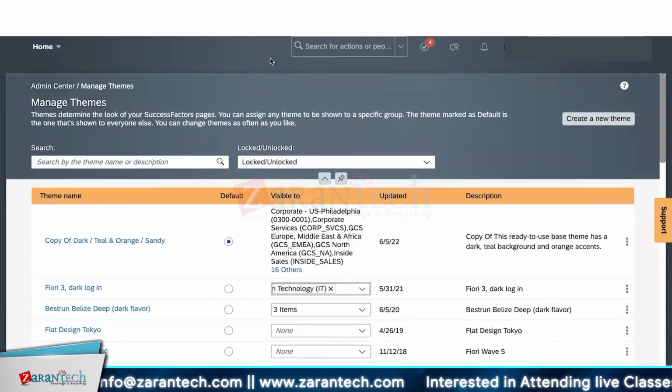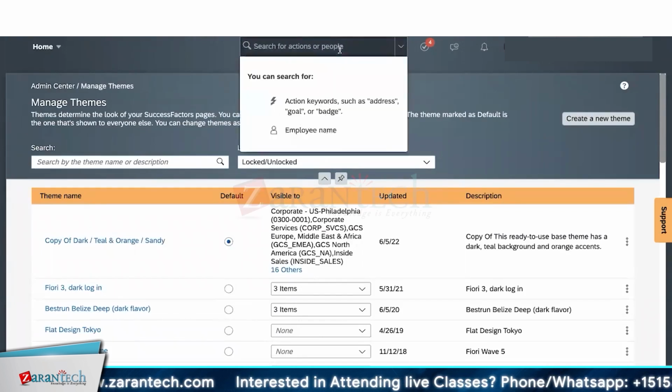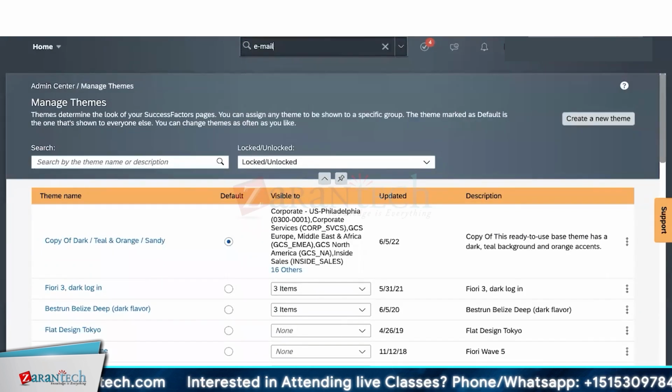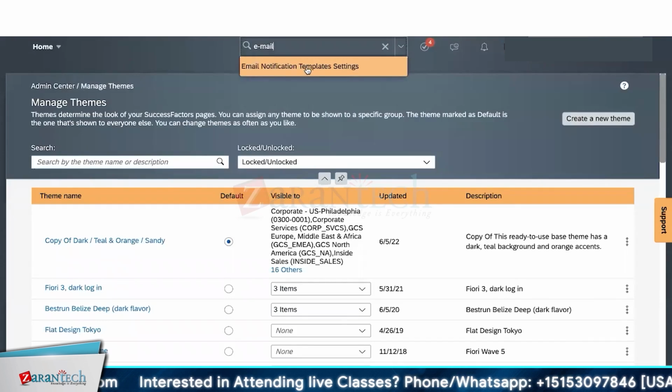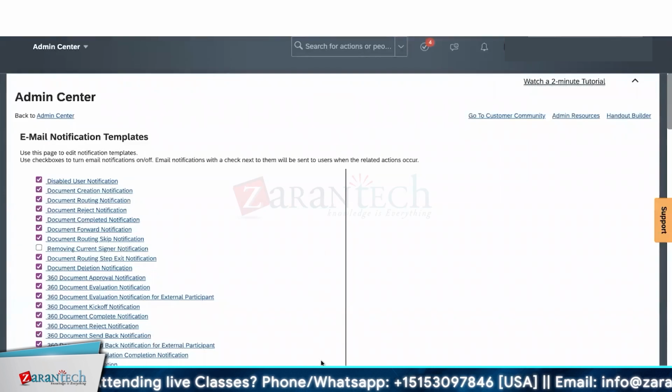Okay, that is it. And after this theme manager concept, the next thing that we have to look at is email notification template settings. If you search with the keyword email, guys, here on the top you get this option called email notification template settings. Okay, so if you go into this, this is a place where we find the email templates of multiple